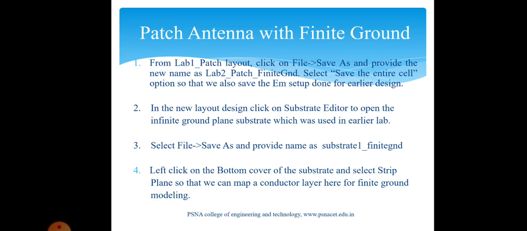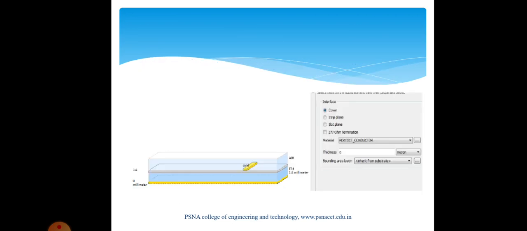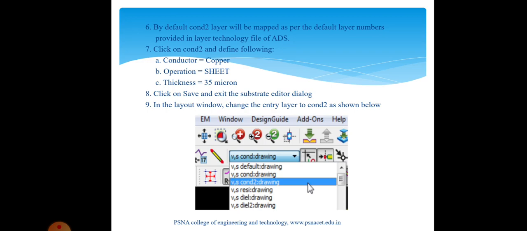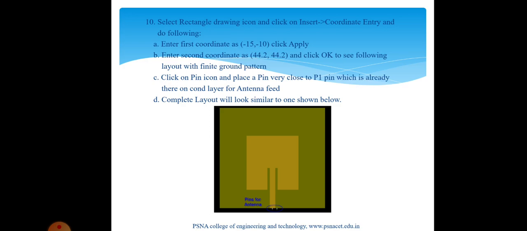So the first example is with an infinite ground plane. We can construct the file with a finite ground plane also by specifying the dimensions of the ground plane. We can fix the ground plane width and length, and again run with the conductor, a sheet as the conducting material, as a copper sheet, and the thickness is specified with the finite ground plane. It will show with a different color. The first is with black and brown color, copper is at the top, so it has taken the brown color, and the other side that we are displaying shows yellow in color.